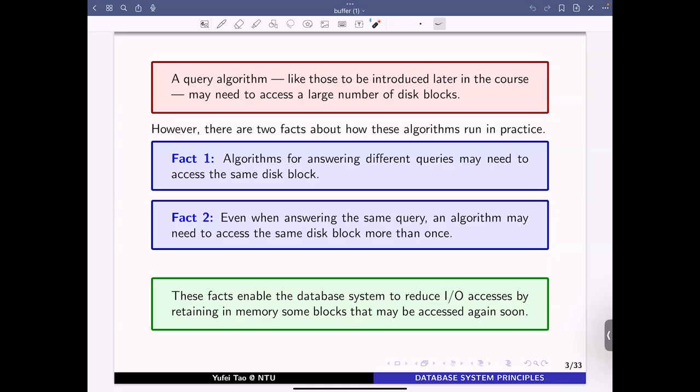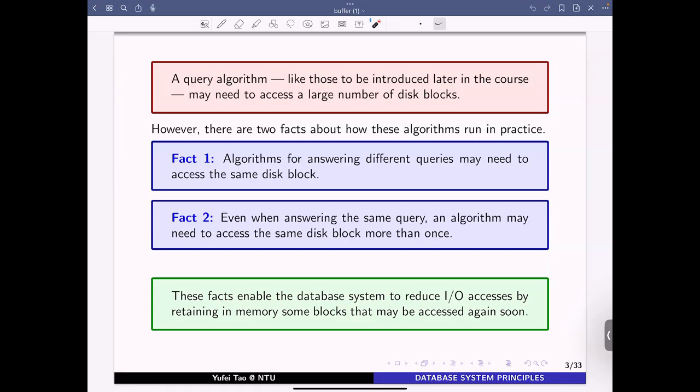So naively, the database system can perform two IOs for you and for me. But then think about the possibility of resorting to the main memory. So what if the database system is able to keep the block in the main memory long enough for my query